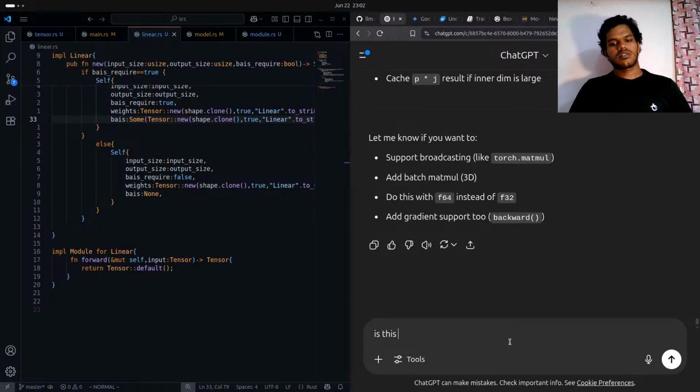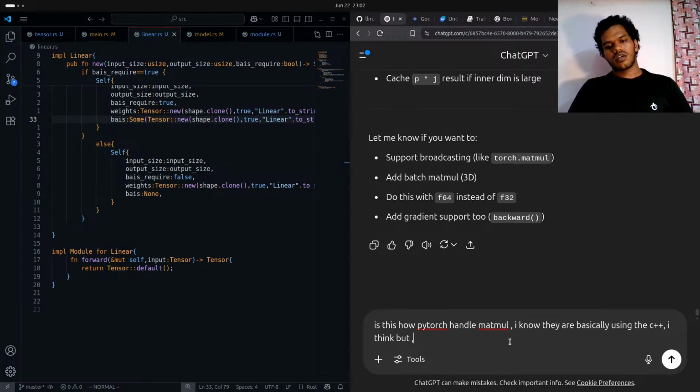Is this how PyTorch handles matmul? I know they are basically using C++, I think,